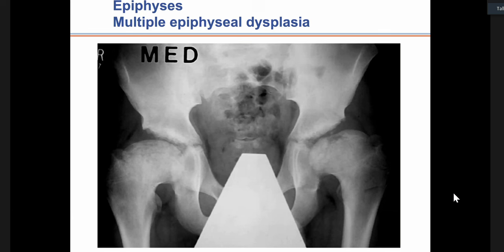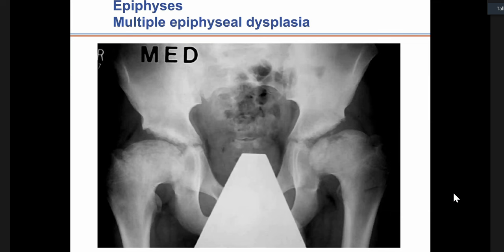So you have to ask yourself, is it a primary acetabular problem, or is it that the acetabula have not formed properly because the spherical femoral head has not been present? You need a spherical femoral head to make a nice concavity of the acetabulum. So you have to sometimes ask yourself which came first. The difference between MED and